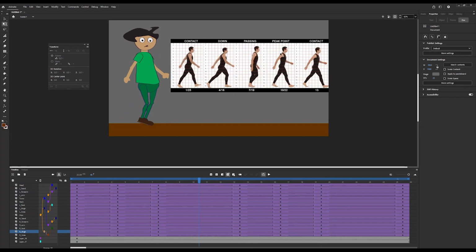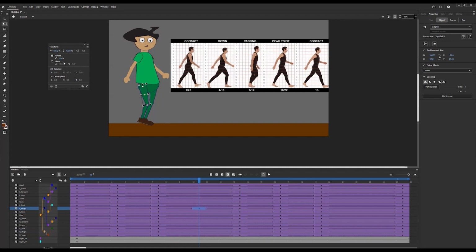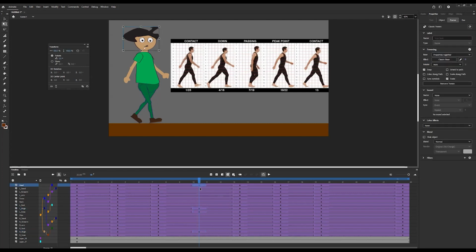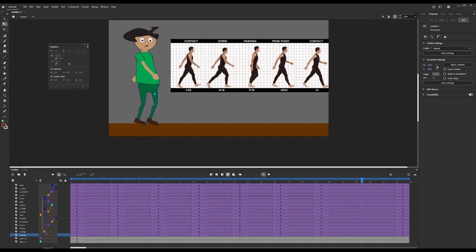Now I need to start working on the last pose at the peak point. Here I need to move this a little forward, and this one a little backward, like this. At frame 22,